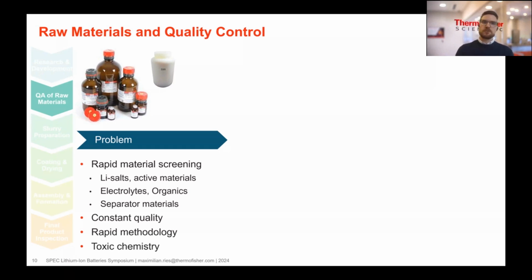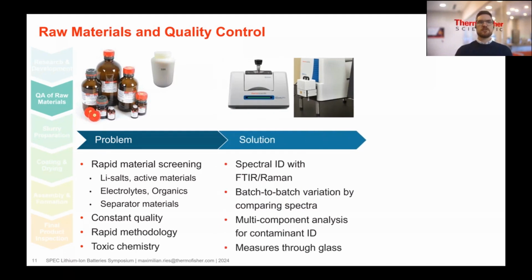Avoiding toxic chemistry is, of course, a plus. And the solution, therefore, is to use the selectivity and sensitivity of infrared and Raman spectroscopy tools towards different materials. You can see here two of our compact solutions for your lab. On the left side, you can see the Summit FTIR, and on the right-hand side, you can see the DXR3